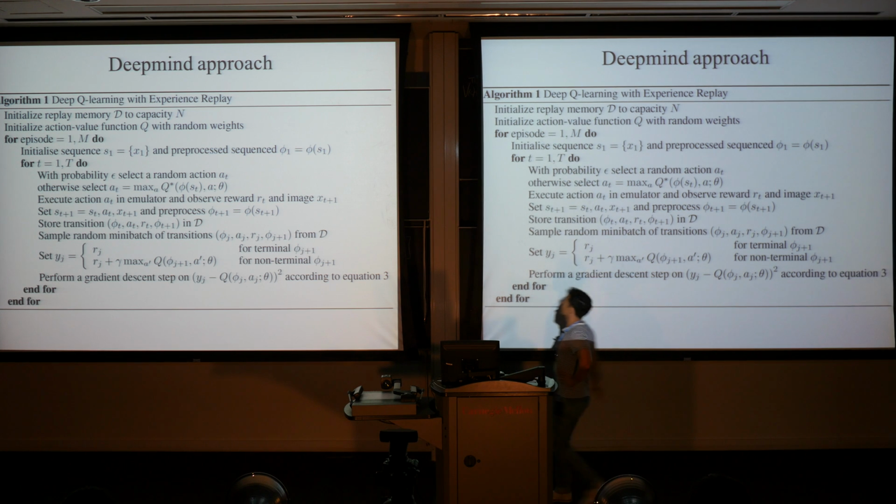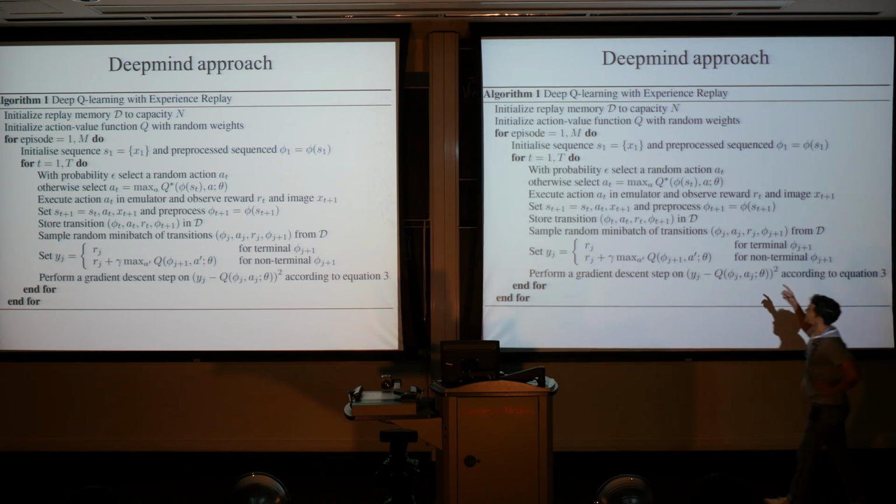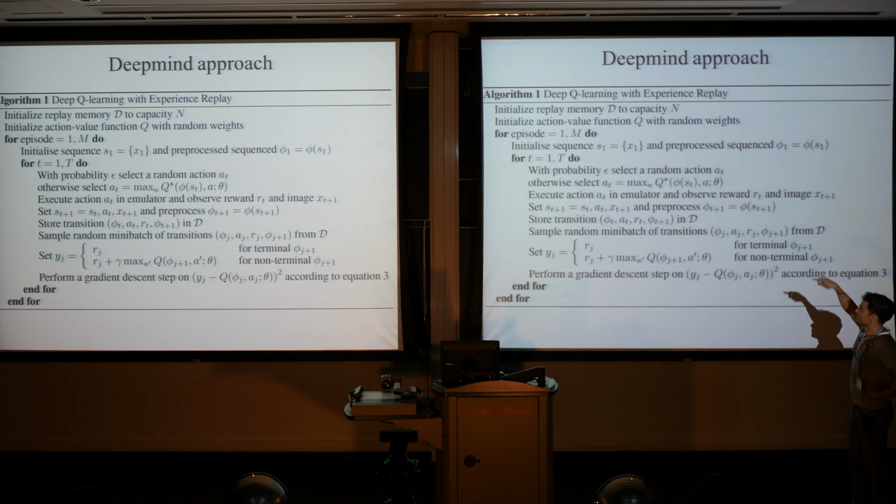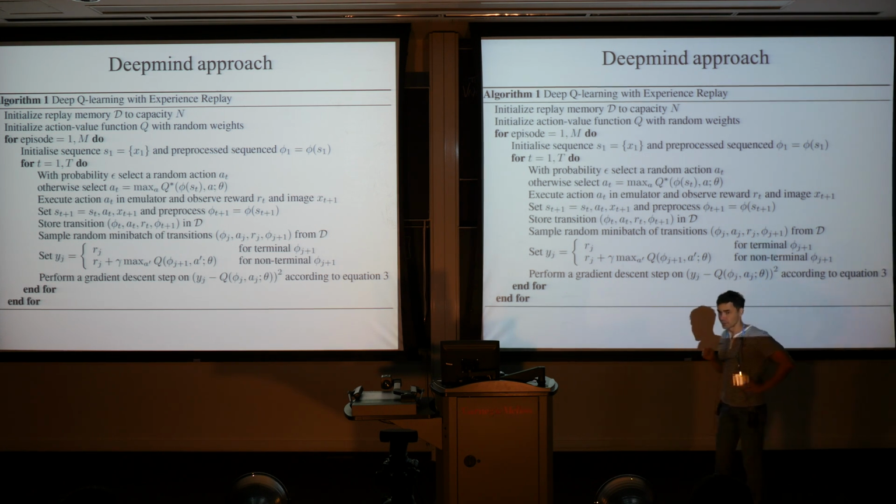And that's the algorithm. So basically, it iterates as follows. For every episode or trial of the algorithm, you start at some initial state. So you take the image, you pre-process it, and then something I haven't told you about yet, Q-learning is an